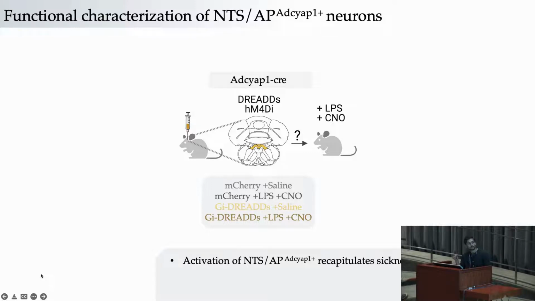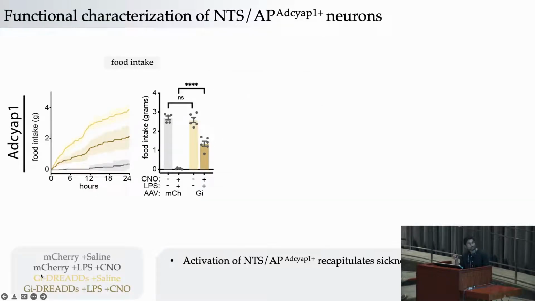When we did that, this is a little busy, so I'll take you through it. When we have animals that have nothing inactivated but are given LPS, we see a really strong sickness response. And in this yellow line, you could see animals that have been just given saline, nothing's wrong with them. And this is sort of the baseline food intake in this case. Now, if we inactivate these neurons and make these animals sick, we can rescue about half